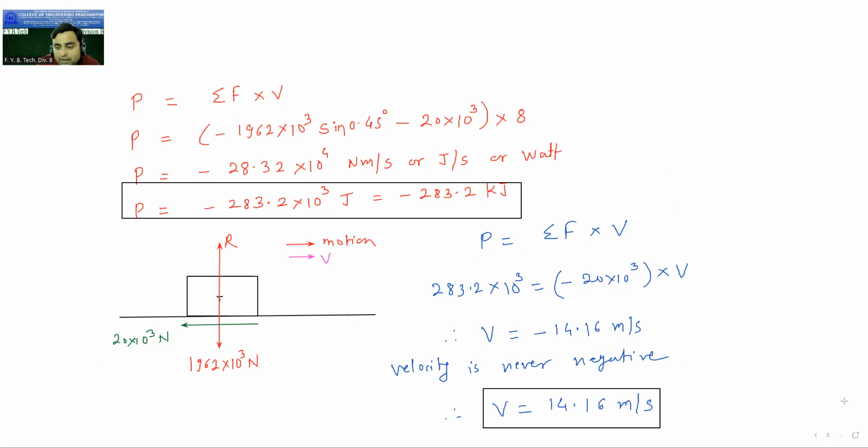So we will take one more problem where we need to consider the inertia force. That type of problem, one problem we will take. So here, next numerical is